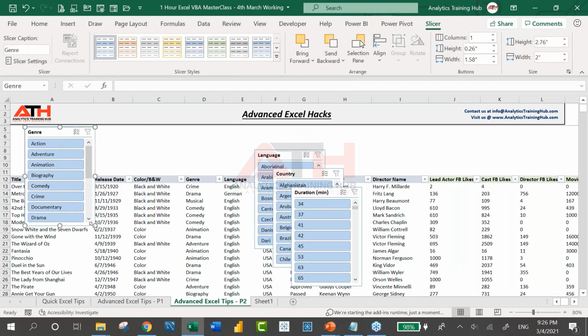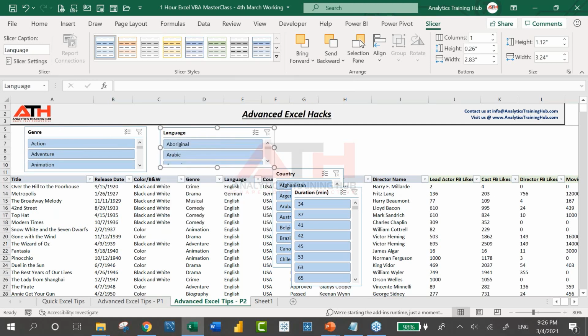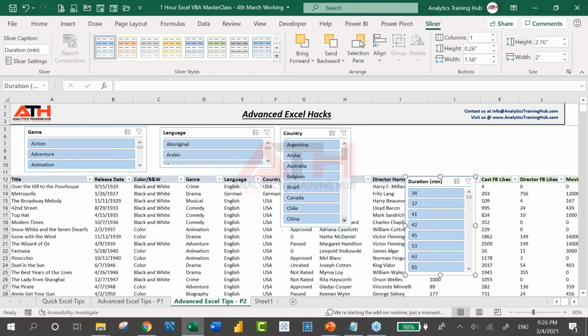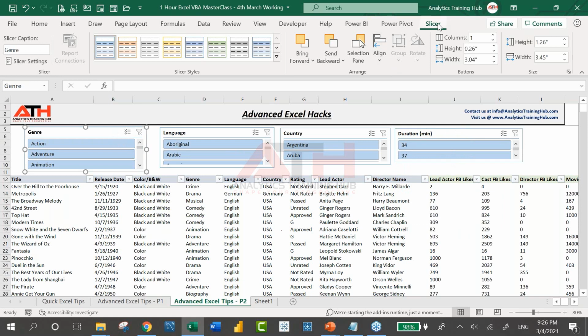I'll show you what it's going to do. Just going to adjust it like this. I'm not working much on the formatting part at this moment. We can do it later whenever we have enough time. And here I'm just going to say that I want 3 columns here.